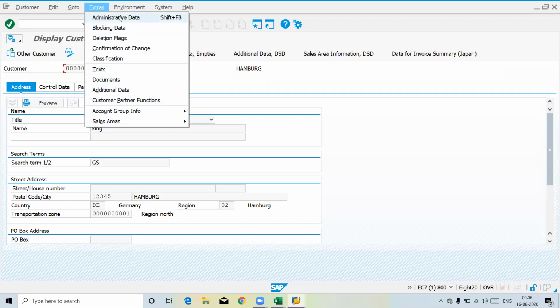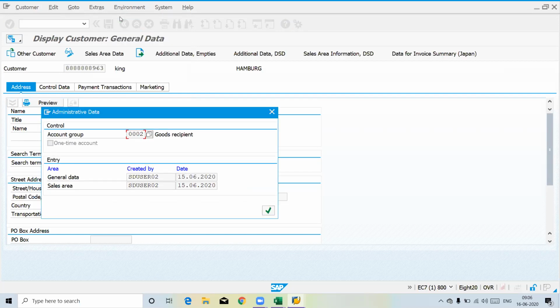If you click on administrative data, you can see on which account group the customer got created, by whom, and on which date.